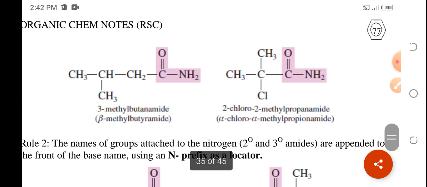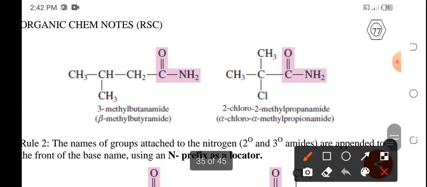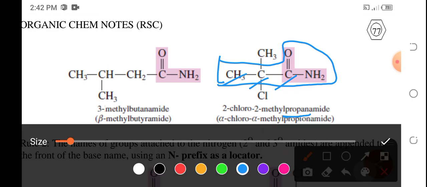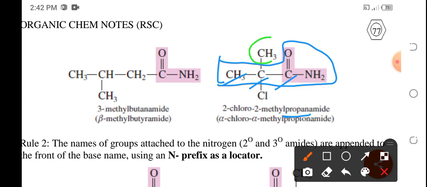Okay, another example. Choose the parent chain. And the parent chain is a series of carbon atoms that contains the carbon atom that bears the carbonyl and the amino group. So this is our parent chain. It has 3 carbon atoms, so that is propanamide. Okay, what is not included in propanamide are substituents CH3 and Cl. Numbering it with carbonyl as carbon number 1, this substituent is attached on carbon number 2. Therefore, the IUPAC name is